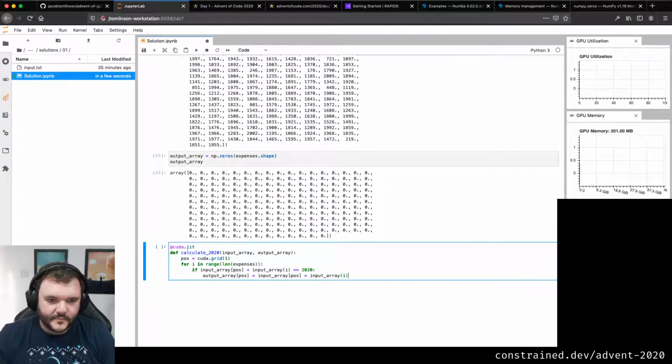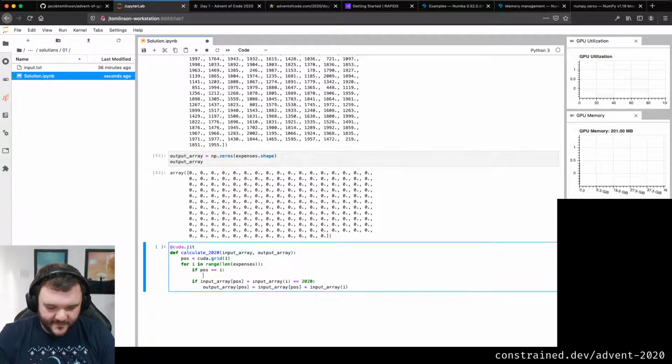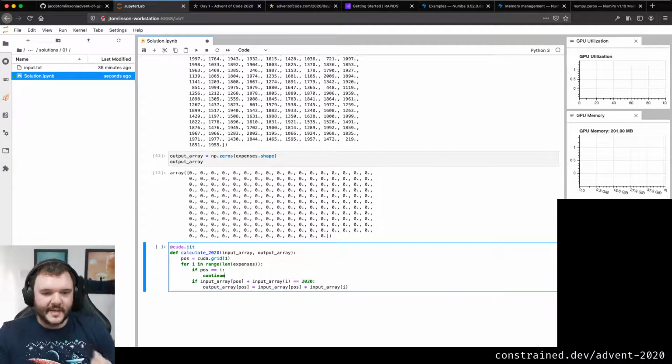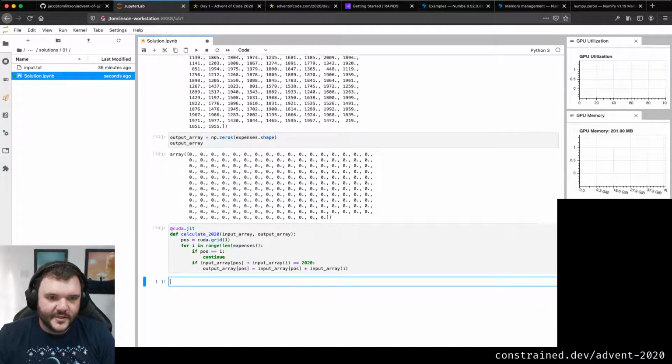I'm also going to say if position is i, right? Because we don't want to compare it with itself. Let's just continue. So we'll skip over that. If you get to yourself, don't compare yourself with yourself. We'll just skip forwards. But then if this plus this is 2020, then we'll update the output array with our output here, right? So that's my function.